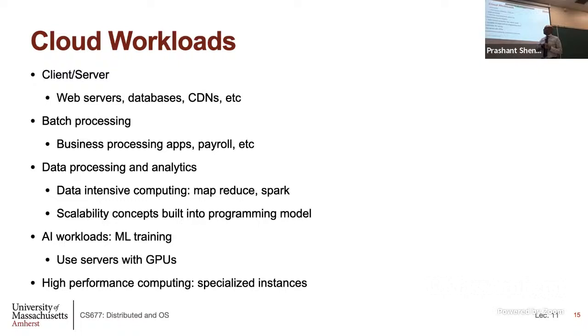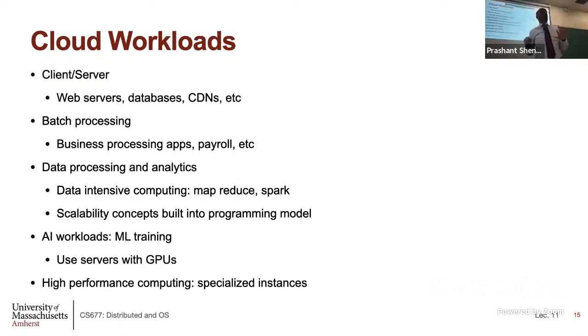So for data processing and analytics, the big use case these days is machine learning training, which is exactly that. You have a large data set, you want to train a model. You can go get some GPU servers in the cloud, train your model, and once it's done, release the servers. So you'll just pay for that many hours. These machines are not cheap.